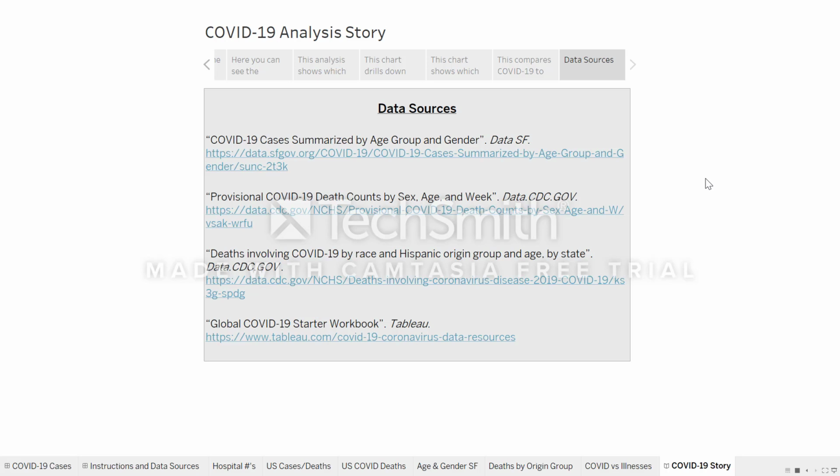So in conclusion for my project, I concluded that millions of people in the United States have been hospitalized from the COVID-19 virus. The people who have the highest death rates are those who are elderly and those high-risk age groups. The race origin groups that have had the most confirmed cases of the virus is white or non-Hispanic origin. And finally, when you compare COVID-19 to other past epidemics, COVID-19 has the highest death rates.